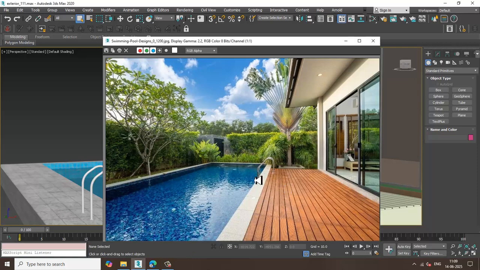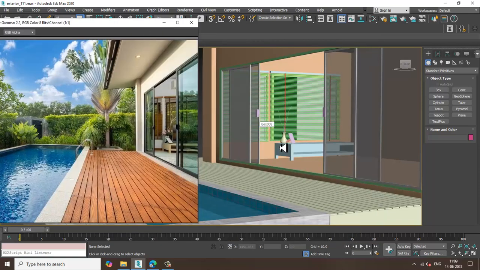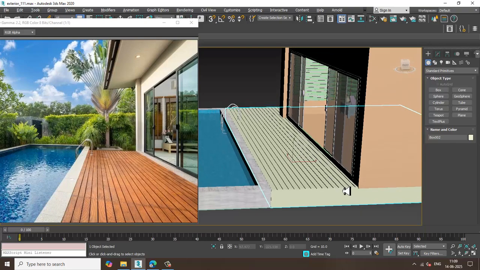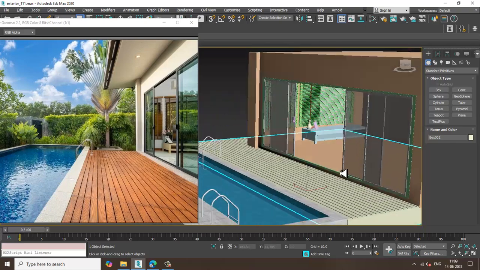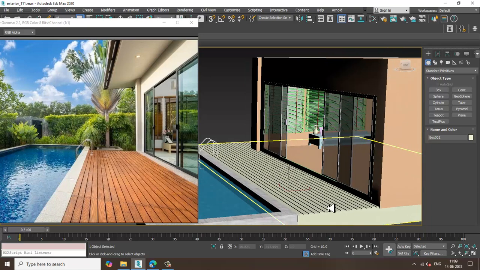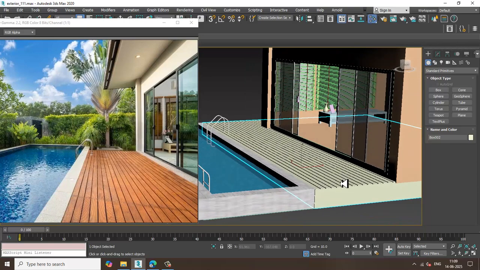So let's continue with the next part of this tutorial. So let's get started. As you can see over here, we have started with the texturing of this particular exterior. So let's start. Let's go into the material editor